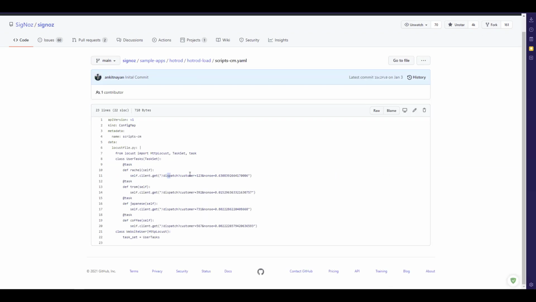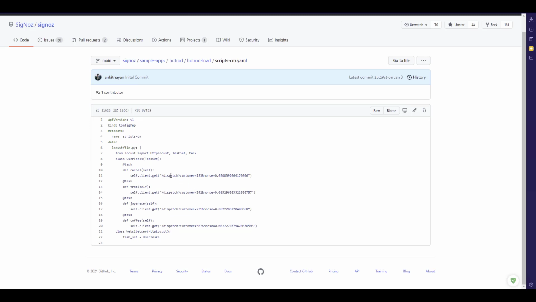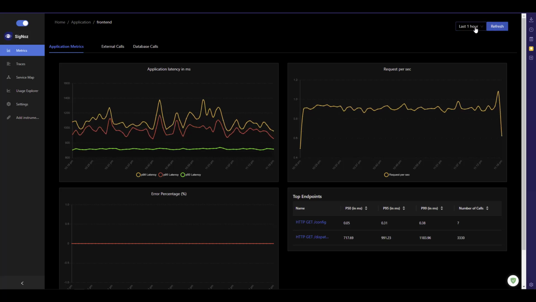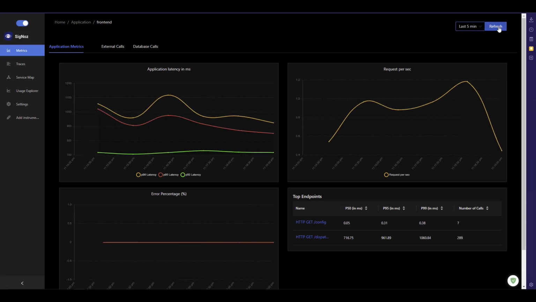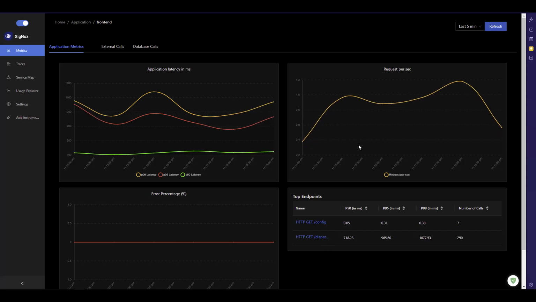Here, if you see dispatch, and we have the config because we have used the UI, that's why we are getting those calls. But usually we should get all the dispatch calls for these customers: 123, 392, 731, and 567. Now let us go back to the application, hit refresh, and filter by last 5 minutes. Here you can see it is changing. If I click on refresh, there is a change in the graphs and the tabular view.